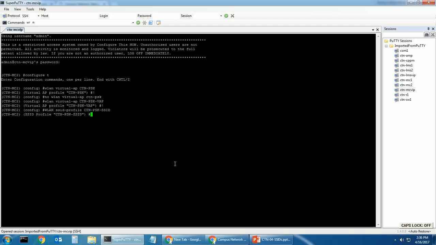Alright, to give the SSID a name that gets broadcasted over the air, the command is ESSID, and then we'll type the name. So the name in this case is going to be CTN-PSK. That's what actually appears over the air, remember. Okay, and we want to set the encryption, and this is going to be a PSK. So the command that we need to use is op mode, and